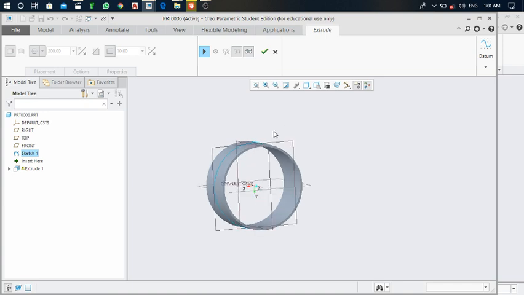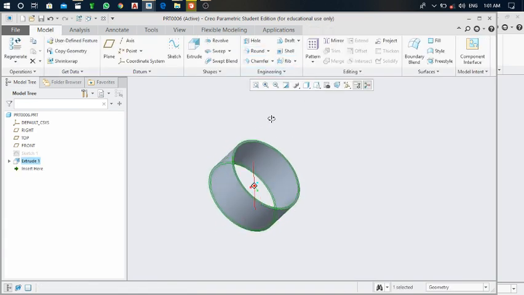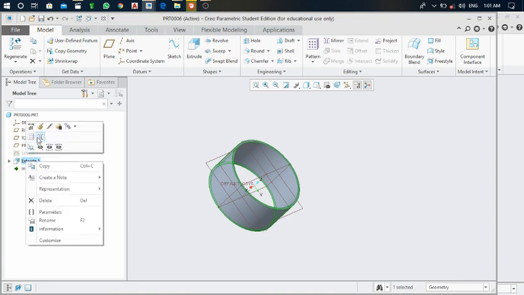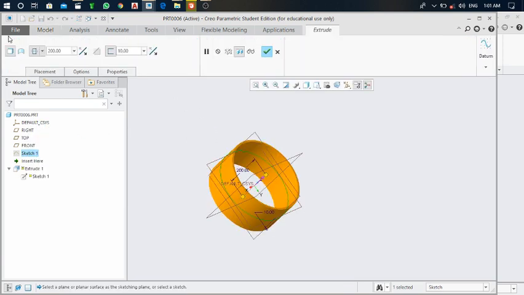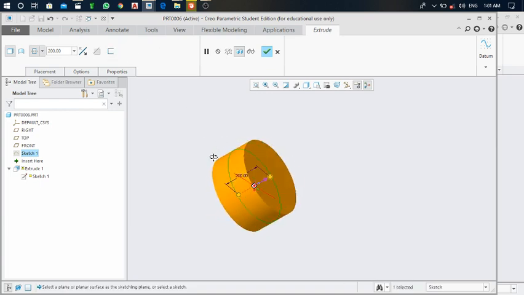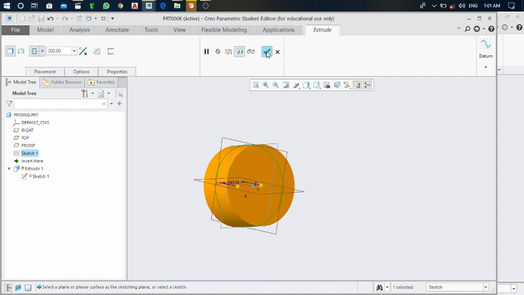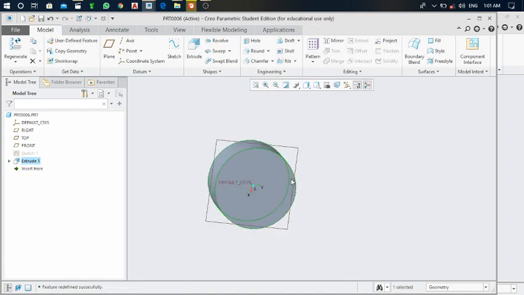If you wanted to regain or edit it again, you can resume it from here. Just click on this green mark. If you wanted to edit this, just go here, Extrude 1, right click here, and you can see Edit definition. Click on Edit definition, you can edit it. And if you wanted to remove this, you can also remove all this thickness. Click on the green mark. Now again go to Sketch